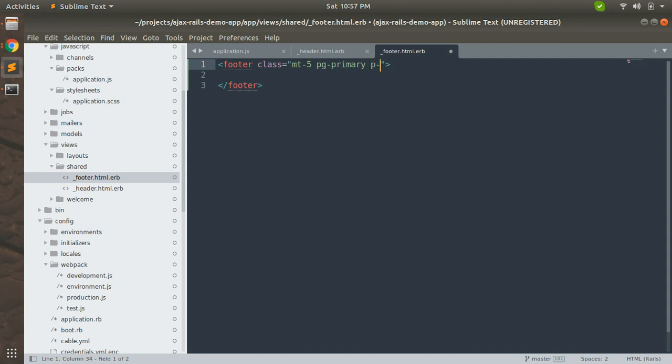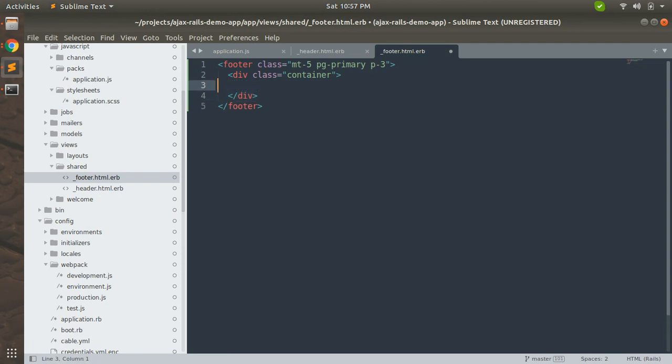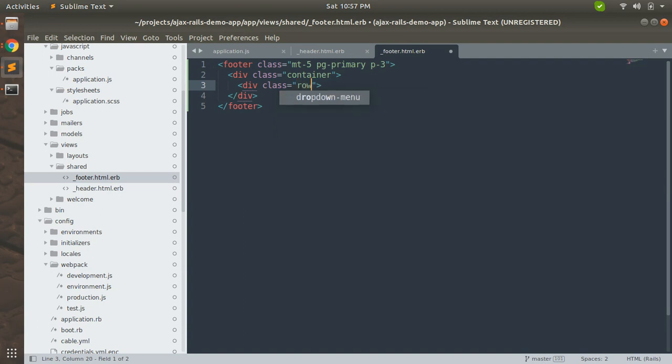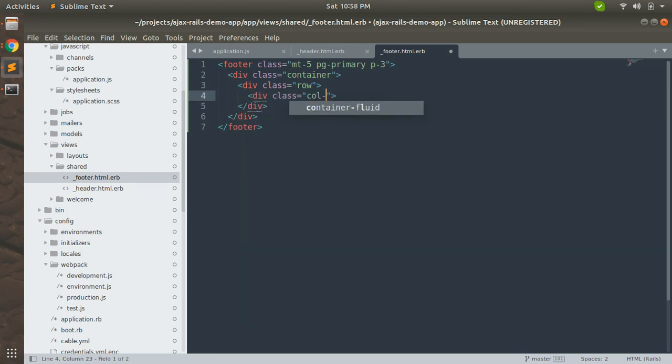Then we will add a container class here, on container-fluid we will add container only, then add a row class, then add a column class, col-lg-12.